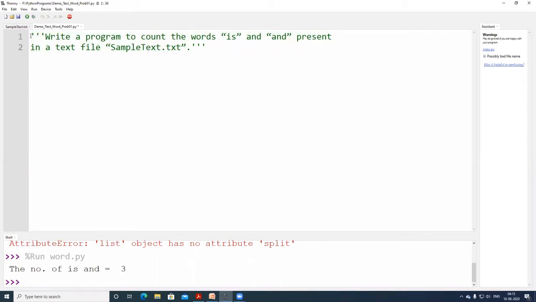So now I have commented the particular program. I have already saved the program name as demo text word based problem number 1. They have given the file name as sample text.txt, so we have to open the file. The data is present already.